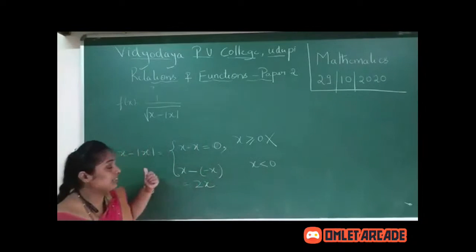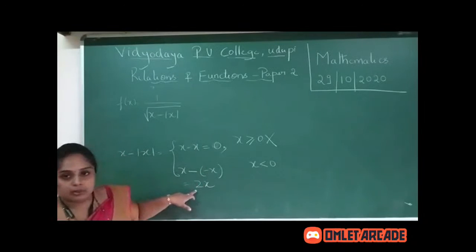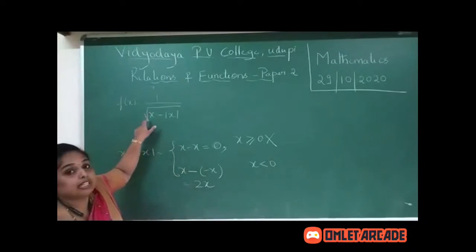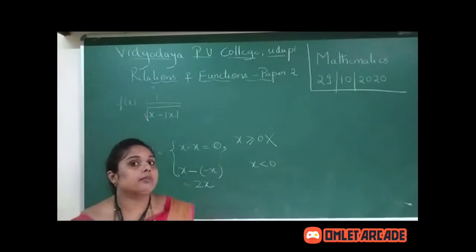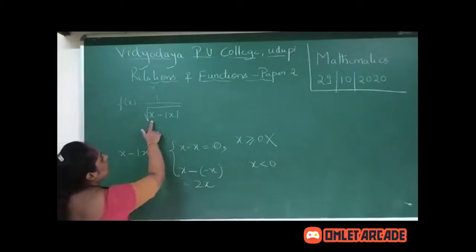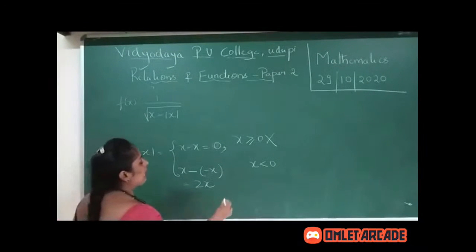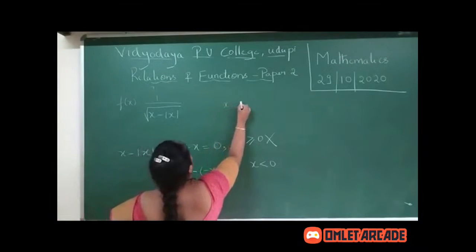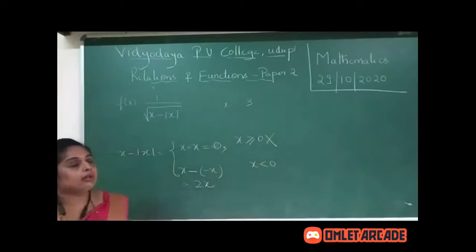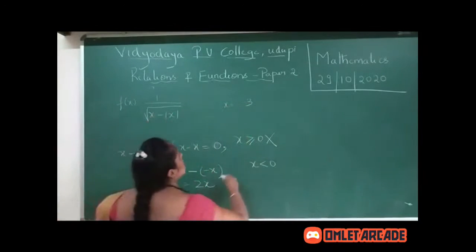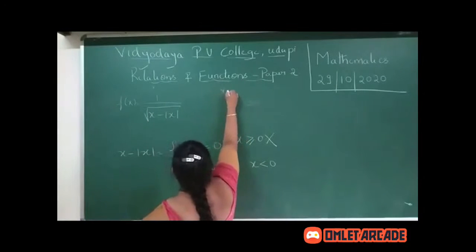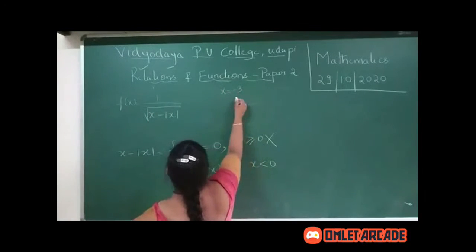I can put negative values for the definition. I am getting 2x. But let us see for the given function whether I can put them or not. Okay. Now if I put negative values, let us see what happens. Imagine I put x equal to minus 3. So what will I get? If I put x equal to minus 3, you see, I get